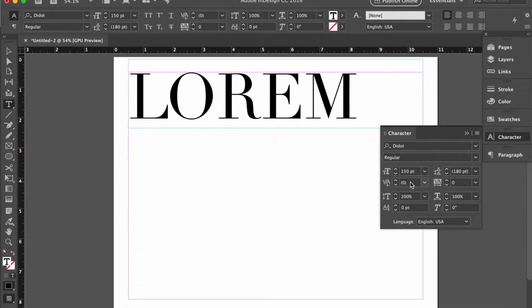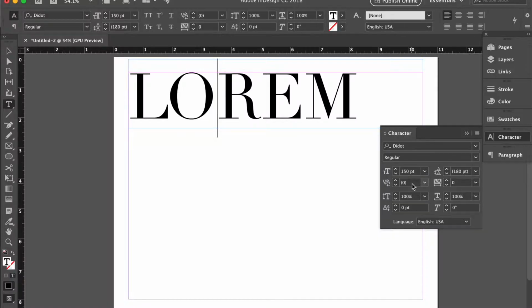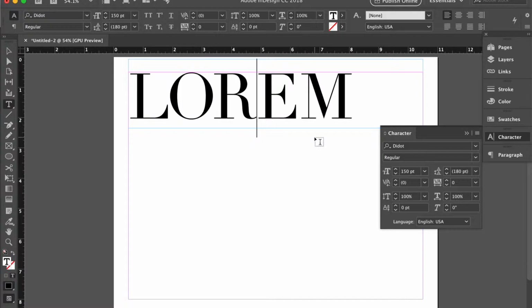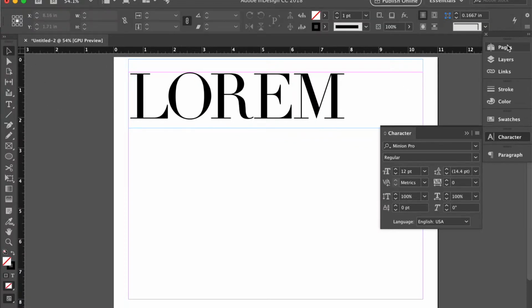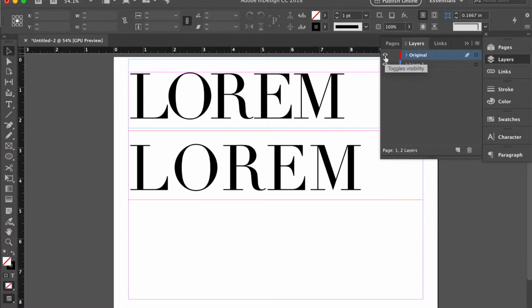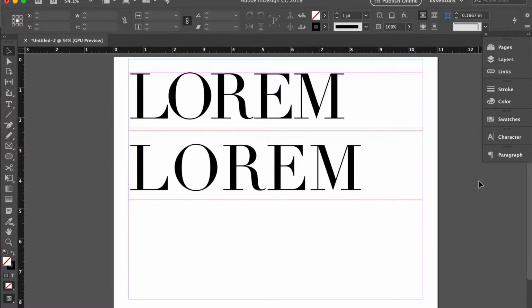And notice here that it tells me what that automatic value is, that default value that's been placed here. Anytime you see parentheses around a value in one of these panels in InDesign, it means that it's a default value. So I'm going to increase it to -75. There we are. Now it's starting to look nicer, right? And we can just keep working our way through until this looks pretty reasonable. See, that looks so much better, right? Let me show you what it looked like before. Big difference, right?